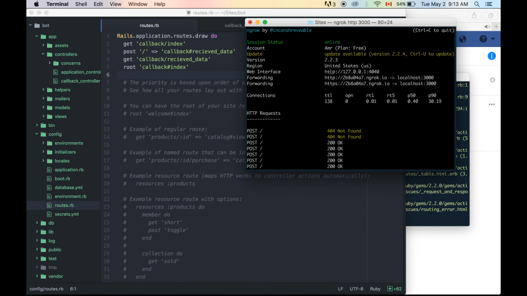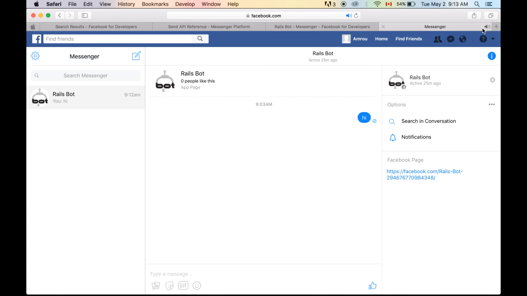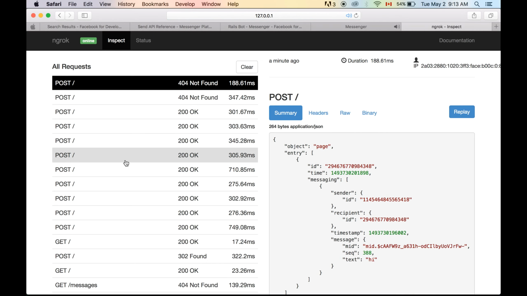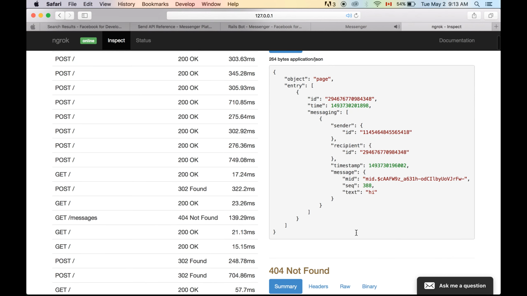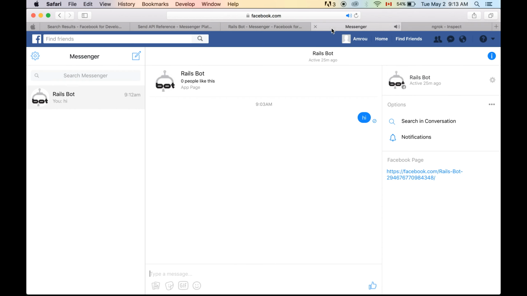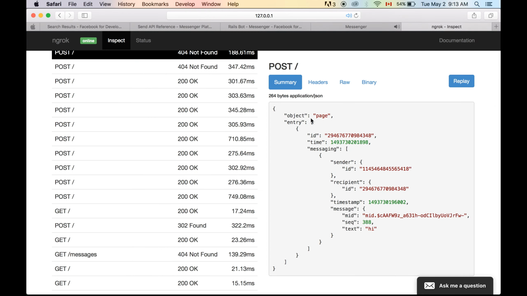Also, ngrok is giving us a very helpful tool that we're going to use. Let's take this link and open it. Okay, right now we can see the requests that Facebook is trying to send us. Look, here's the message "hi" that we have sent, this one. So here's the request that Facebook is trying to send us, and we have to parse all this data to